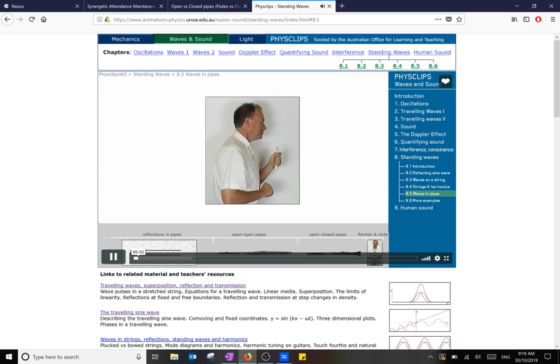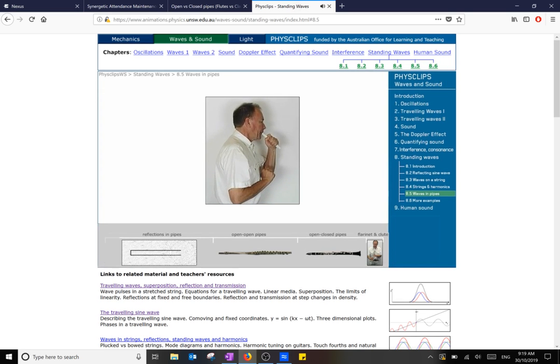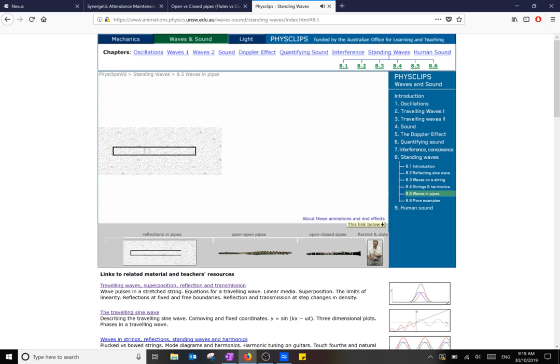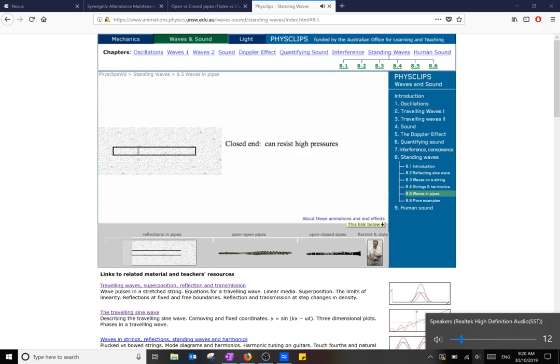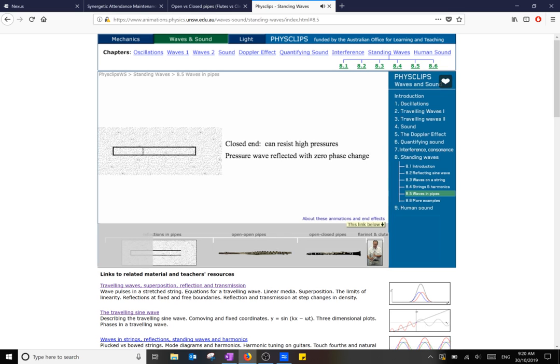That we can excite in different ways. Let's picture the reflection of a pressure pulse. At a closed end, the air can't move, so the compression pulse can only move back along the pipe. So the pressure wave is reflected with a phase change of 0. By the way, at a closed end,